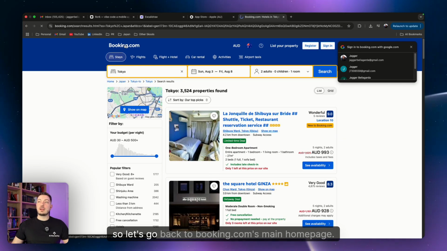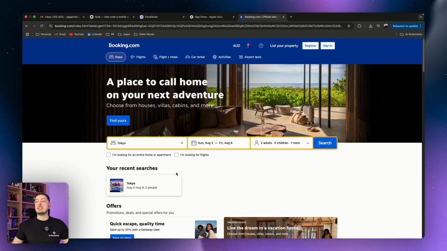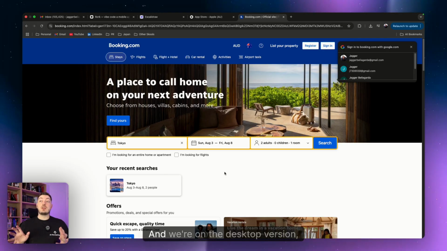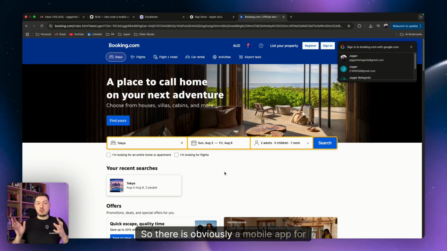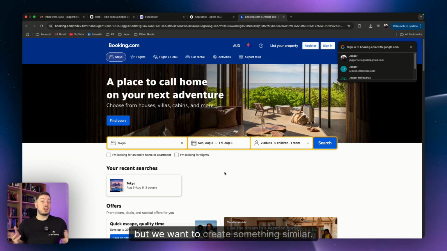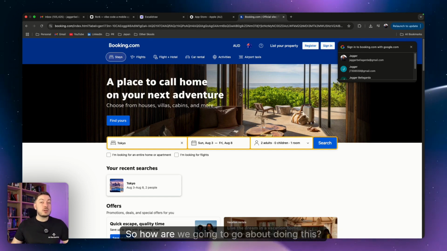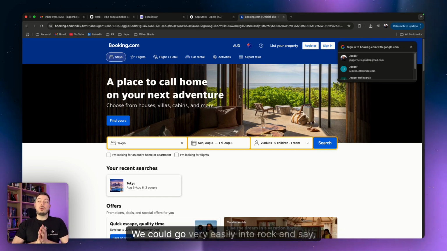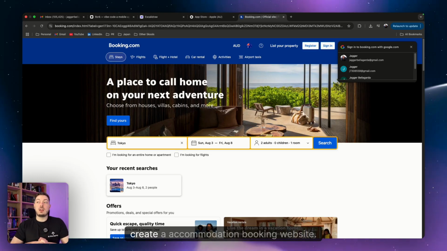Okay, so let's go back to Booking.com's main homepage. And we want something like this, and we're on the desktop version, right? So there is obviously a mobile app for Booking.com, but we want to create something similar. So how are we going to go about doing this? We could go very easily into Rork and say, create a clone of Booking.com, or we could say, create a